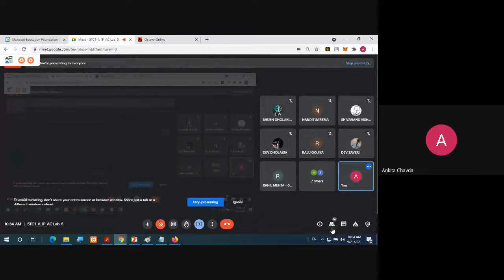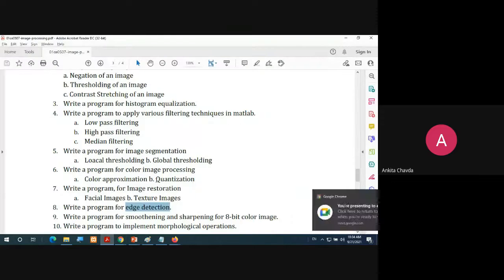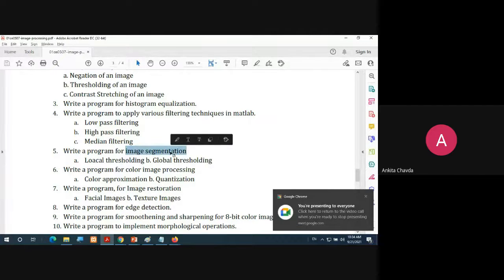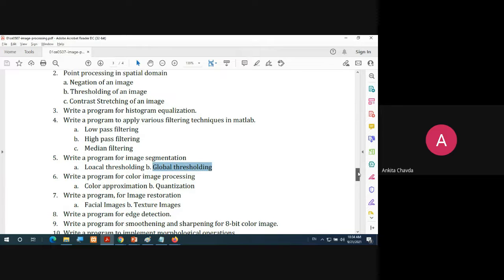So is it clear? Here we have finished all the programs. Image segmentation is done via global thresholding. Here we have seen the built-in function graythresh, and we are applying it via im2bw.